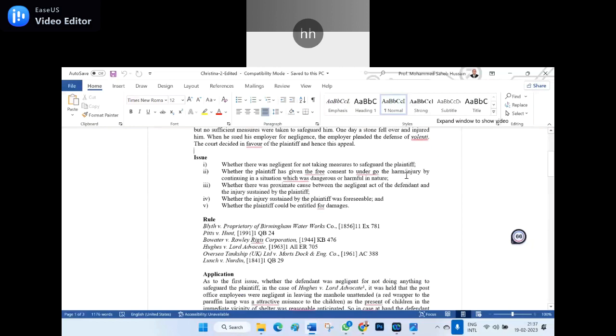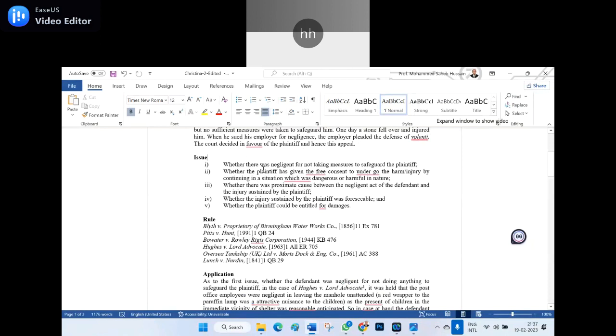See how I frame the issues. I write ISSUE, with the I as a capital letter and the other letters small, because it is a side heading, and it should be bold, no underline, no punctuation. Then how do I write the issues? Small Roman numeral 1 and an arrester. The small Roman number is called an arrester, meaning the right-hand side of the curved bracket.